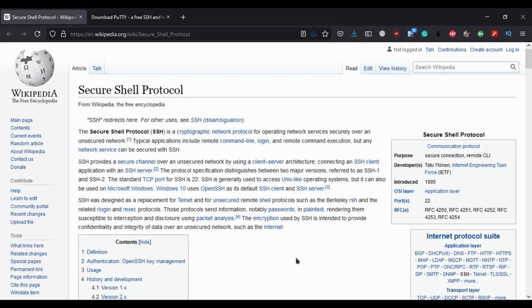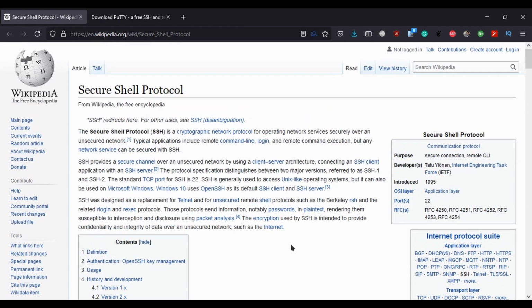The protocol which we are using here is the Secure Shell Protocol, SSH, which is basically used to get command line access of a Raspberry Pi or any other computer. So SSH allows us to get the command line, and via the command line we can log in, execute commands, and if there is any other network functionality which you want to use, then you can use the SSH protocol.